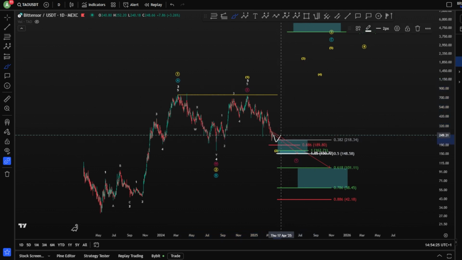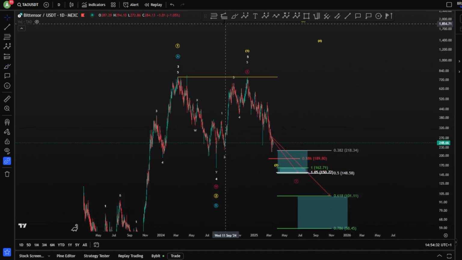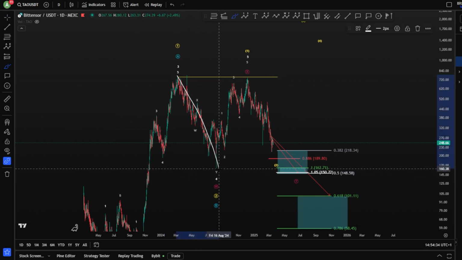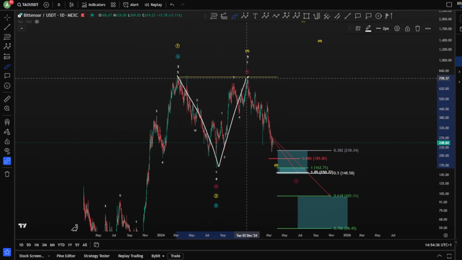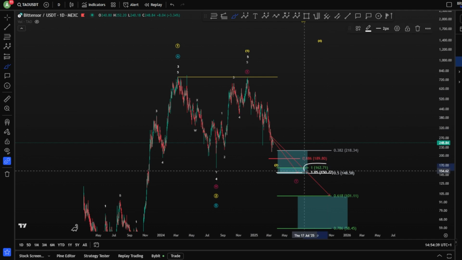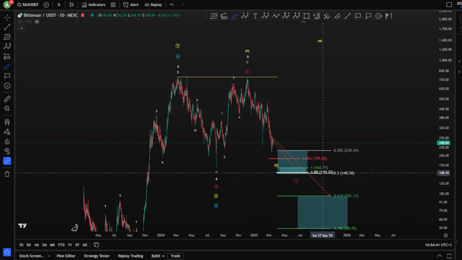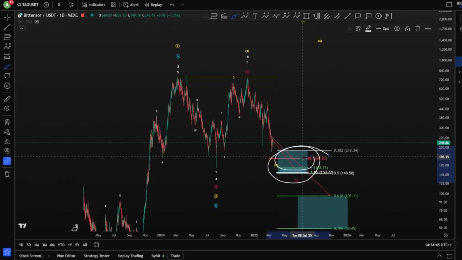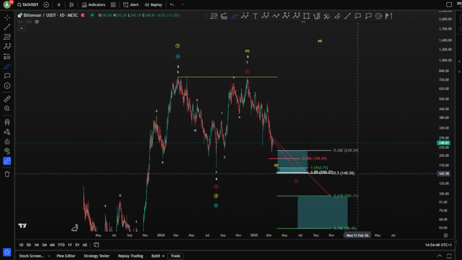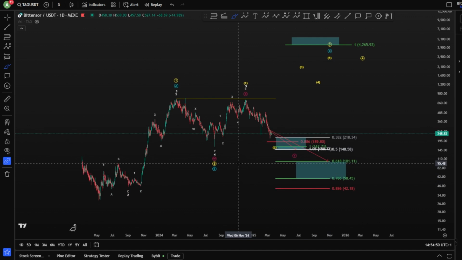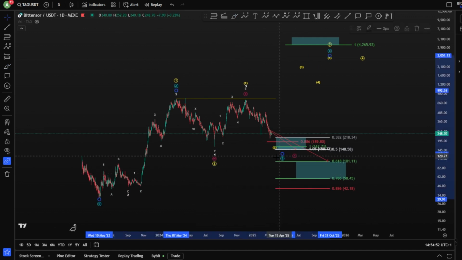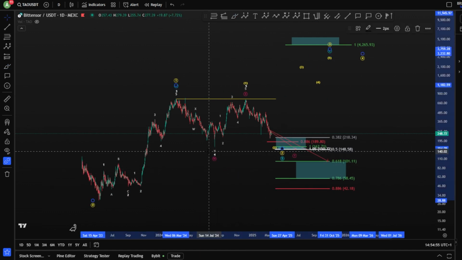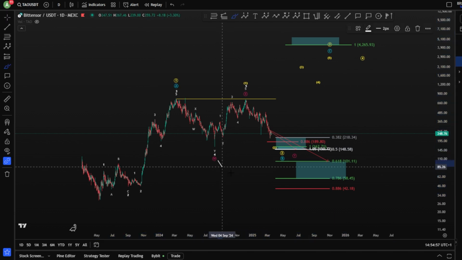which is not even far from this scenario to happen actually, taking the 1-to-1 fib level here in three corrective waves taken from this wave here and then the top of the wave X, giving us a potential, of course, 1-to-1 fib level at $160 or $150, which is of course in common as well between the fib level 0.38, 0.5 for, of course, a wave 2 or wave B,